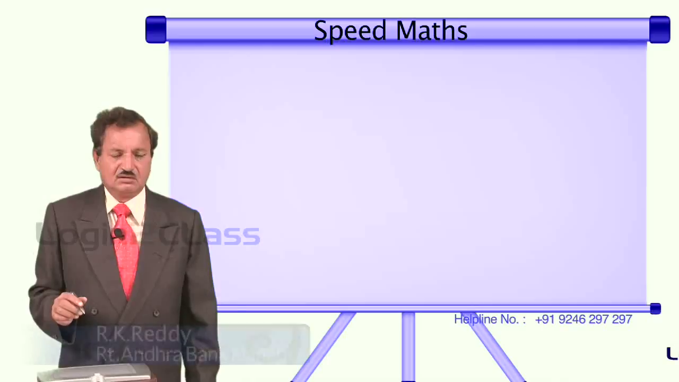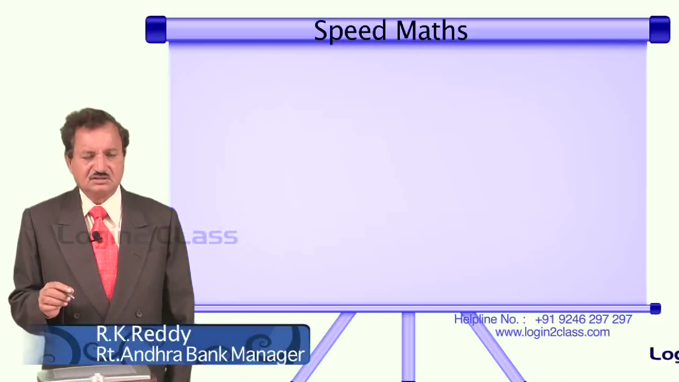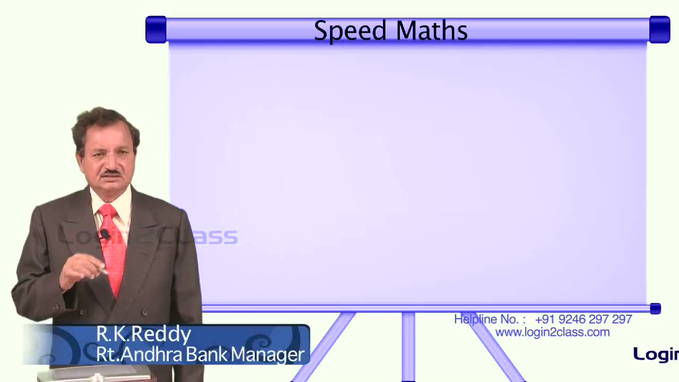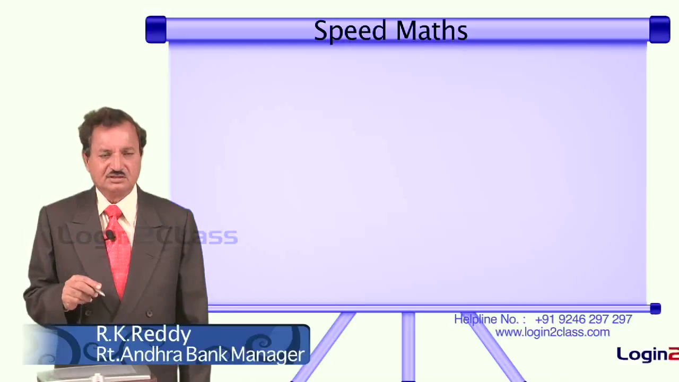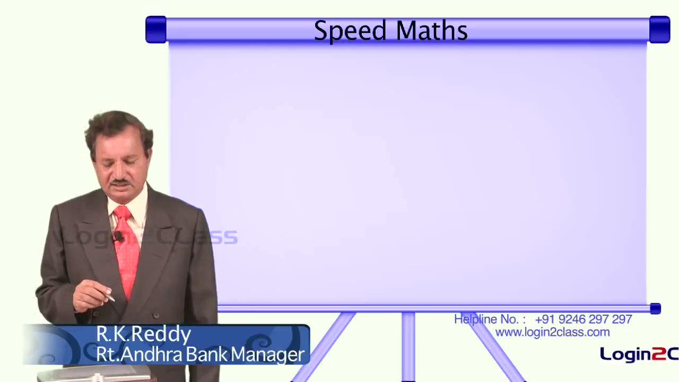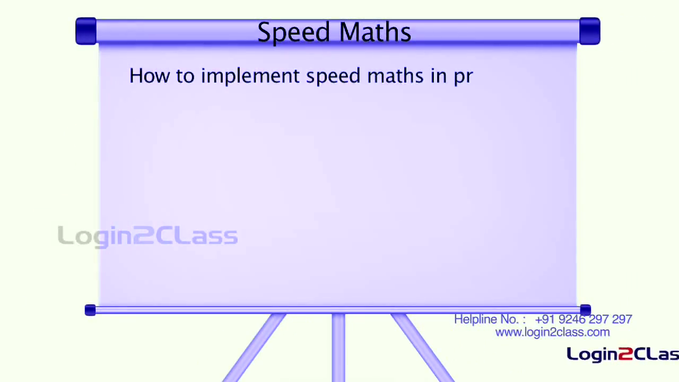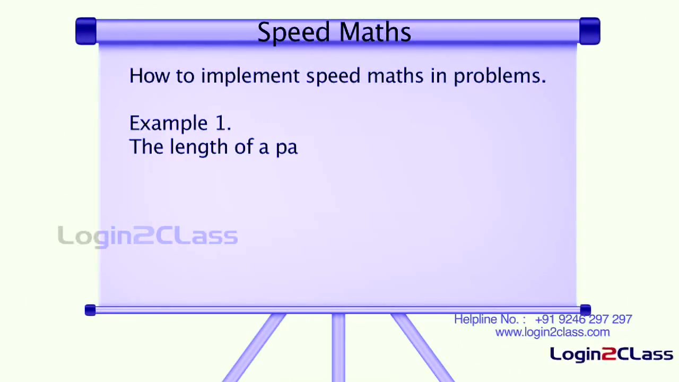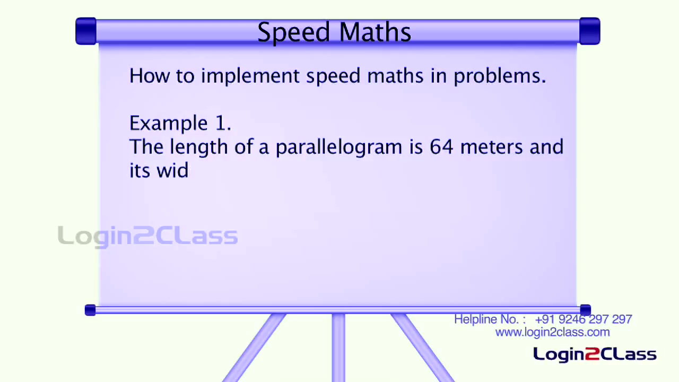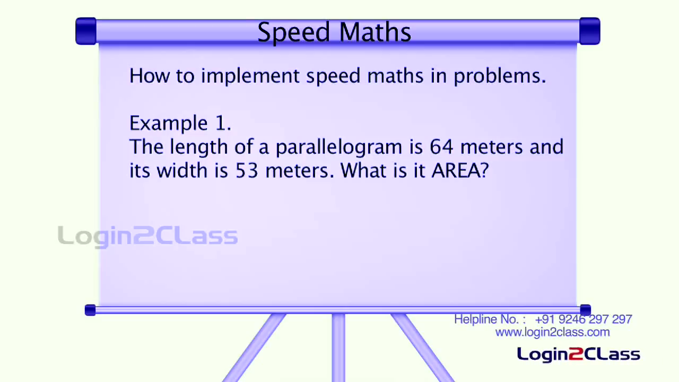Now, I will show you some examples of how you have to use speed math while solving some problems. Suppose, let us write a problem. The length of a parallelogram is 64 meters and its width is 53 meters. What is its area? This is a small question. How to answer? See,